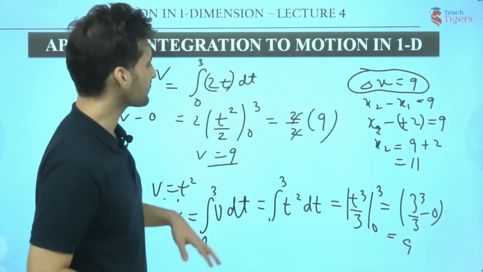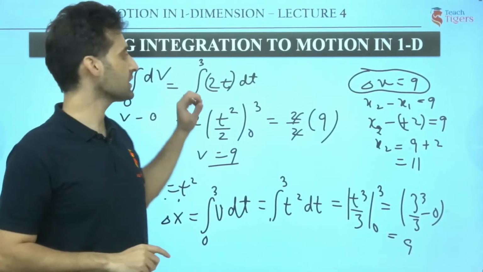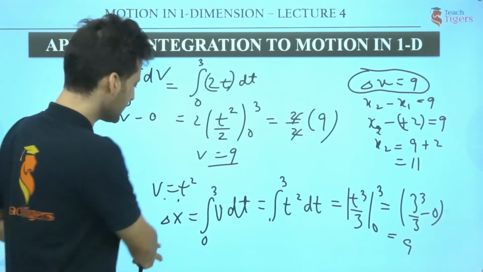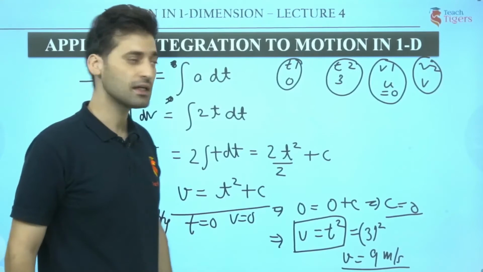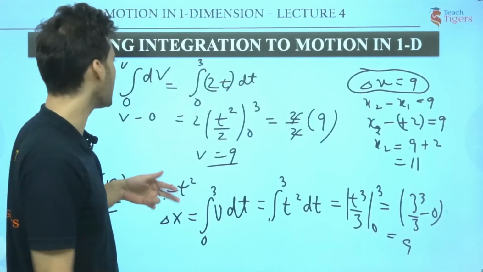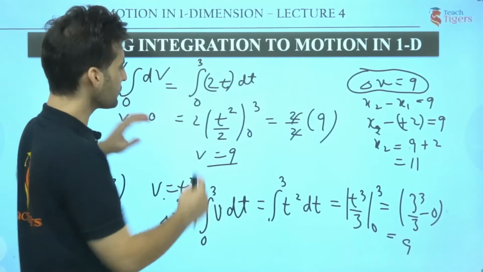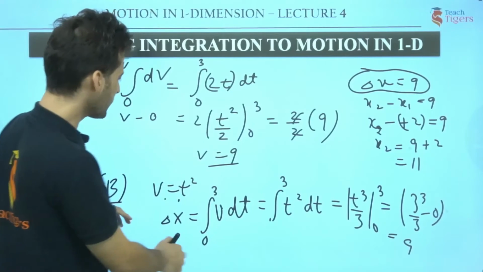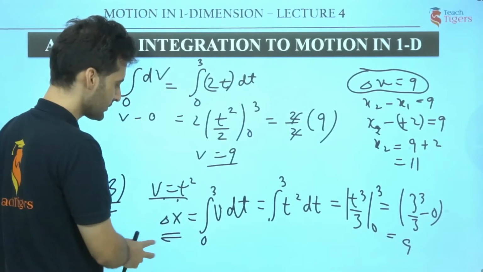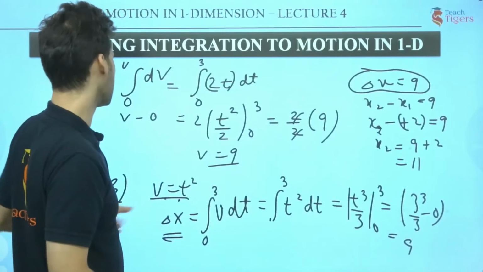So this is how we approach the question, and this is how we do the integration and apply the formulas. Now do you understand why I did the indefinite integration here? If I would not have done the indefinite integration, what problem would I have had? If you put the limits beforehand, you won't get the relation between v and t. And in order to find delta x, you need the relation between v and t. So that's why you need to do the indefinite integration first. So there was a reason behind it.